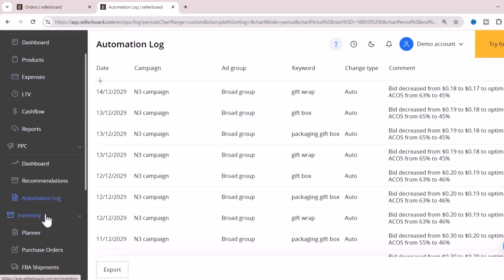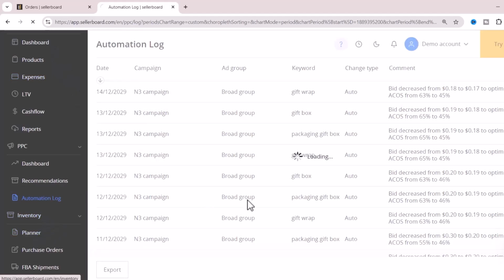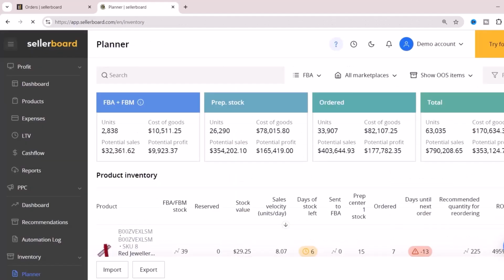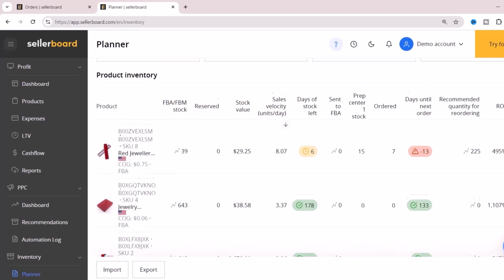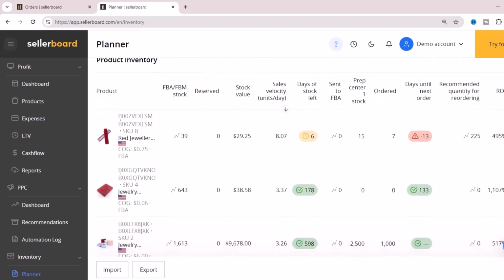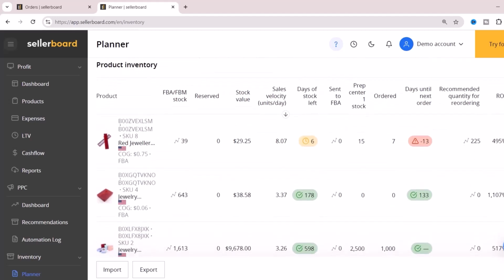And then the inventory. Well, inventory is very important. So they do an inventory planner to basically see how much stock do I have. When we first start, we have only one product, so that's not a major issue. But once you start growing, you have more than one product. It's very difficult to see by looking at inventory in Amazon what's running out or not, or actually